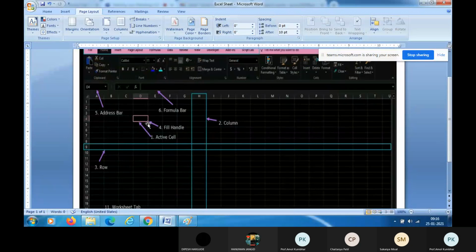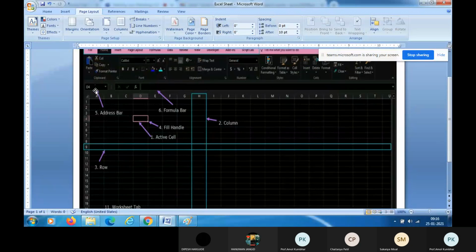Then there is a fill handle. Fourth is the fill handle. There is a square at the right-hand bottom of the cell, right? Here this is the fill handle. Then there is an address bar, the fifth component of this worksheet.